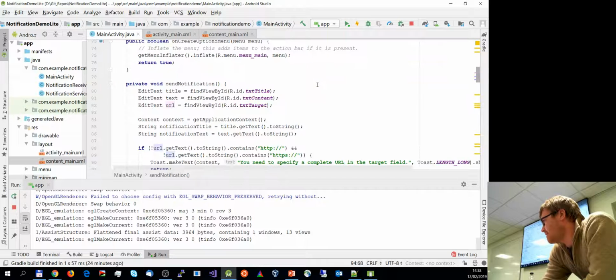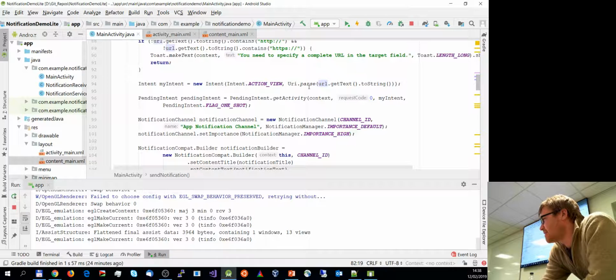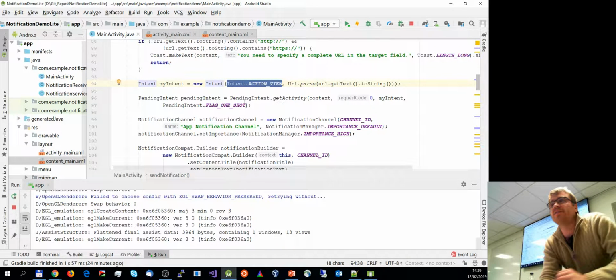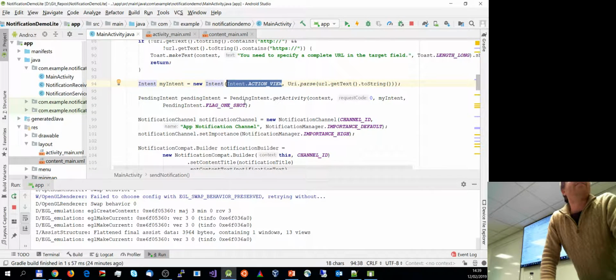Well, it technically takes, so URL is a field in my UI basically. So it's a text target field in this case. So it takes the content of that one, textifies it and parses it as a URL, and then associates the action view with it. Okay, since we didn't talk about intents in great depth,